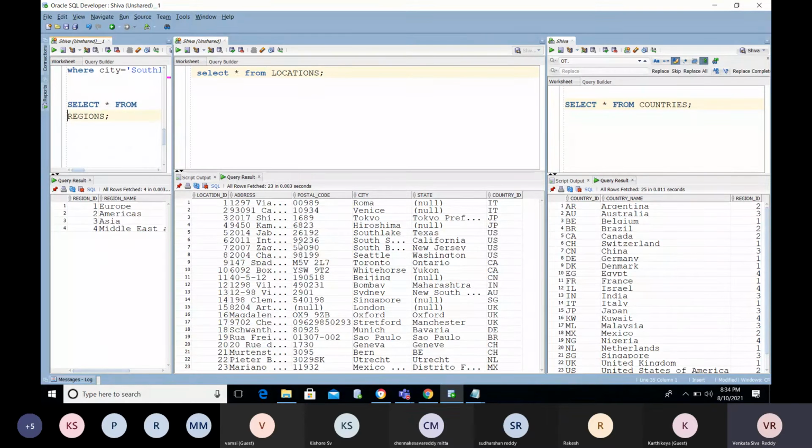This is the regions, this is the location detail, this is the country details. I put it like this so you people can understand. I need the details for only region ID 3: for region ID 3, how many countries we have, how many cities I have, that is all I need to understand.